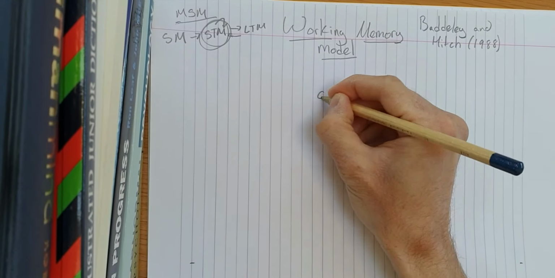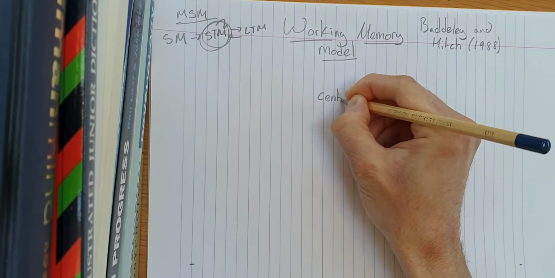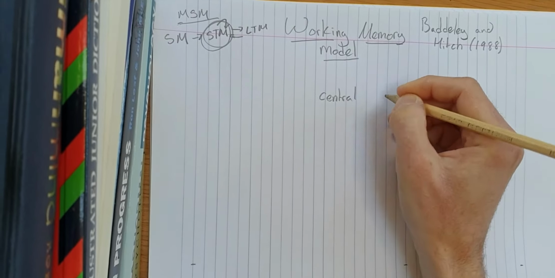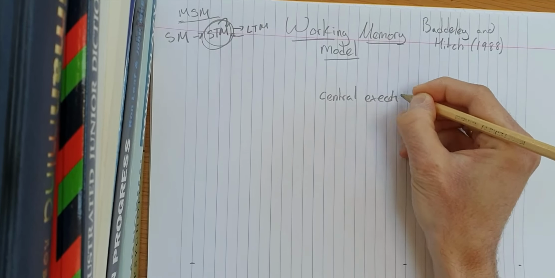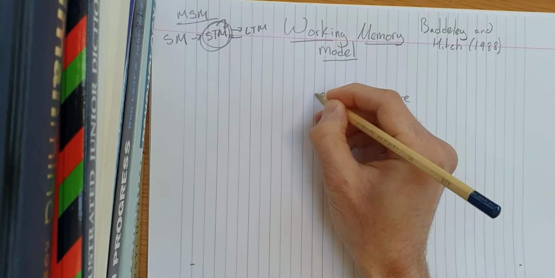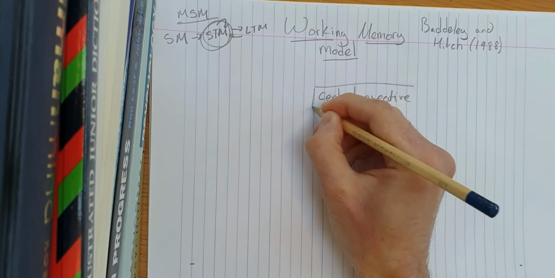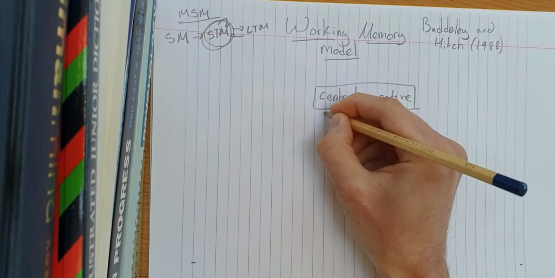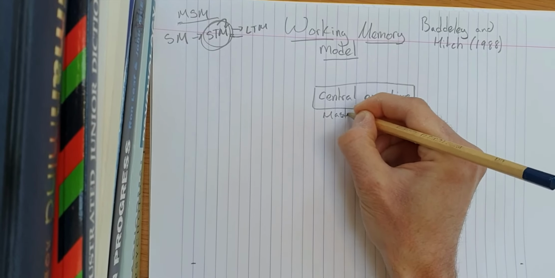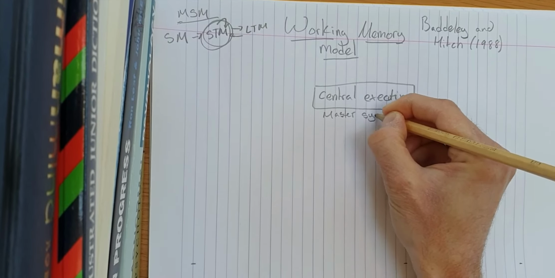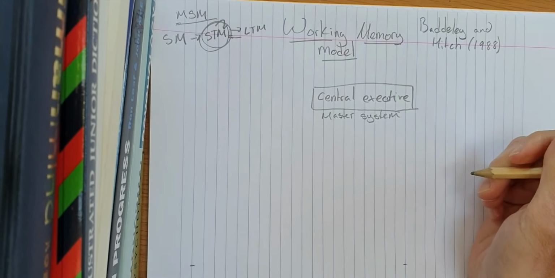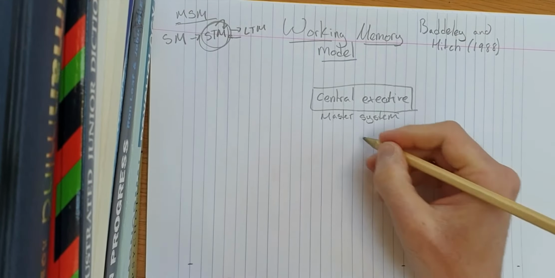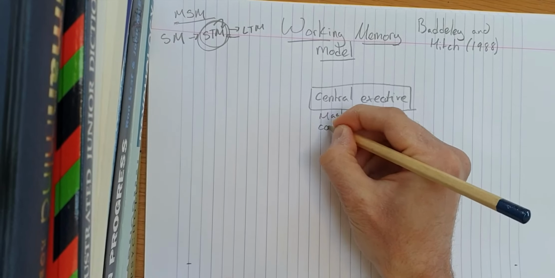That's known as the central executive. The central executive is called the master system in the model. It's called the master system because it's the big boss. It's the one that's in charge of everything else. It is responsible for controlling attention,